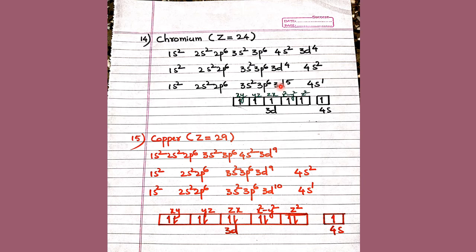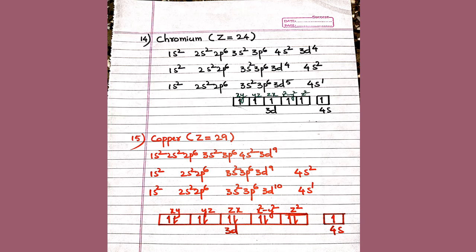In the case of copper, you see it is 3d9 4s2. Again, 3d9 is close to the 3d10 fully filled, which is more stable. So here, same rule. If one electron jumps to 3d9, it becomes 3d10 fully filled, happy. So it becomes 4s1. That's why in the case of fully filled and half filled, if required, one electron will jump here, making it 3d5 or 3d10, which is more stable. That's why chromium and copper are special cases of electronic configuration because of what? Half filled, fully filled stability.